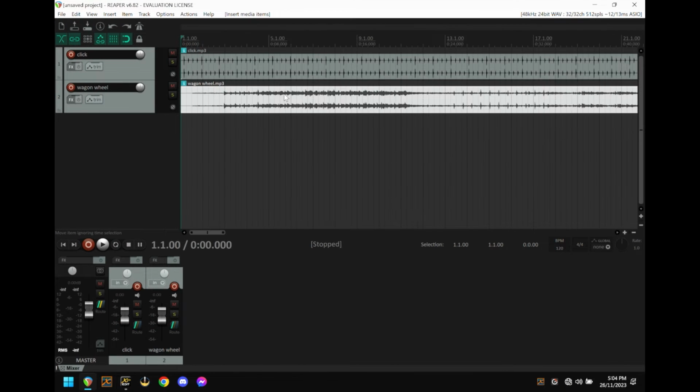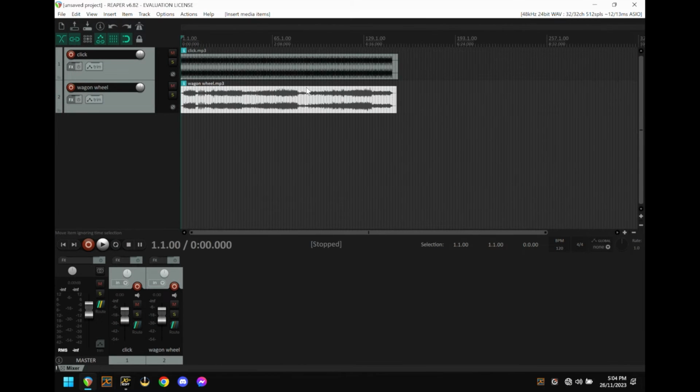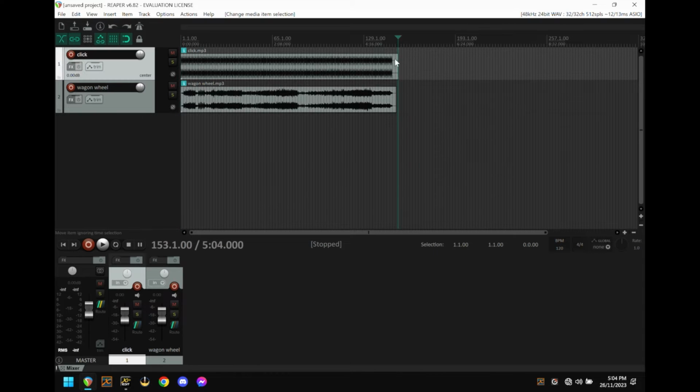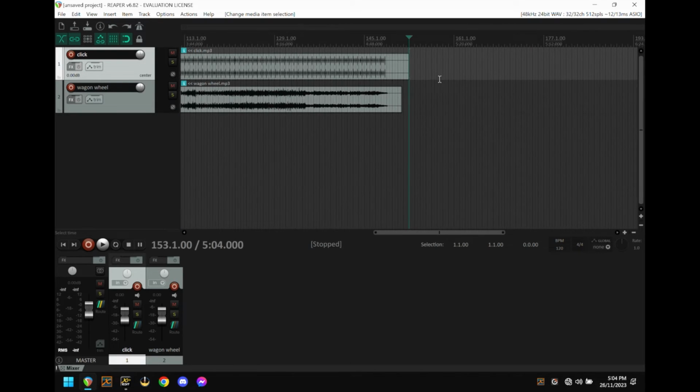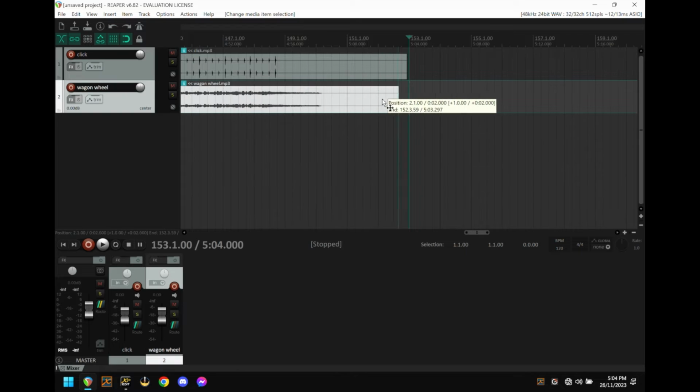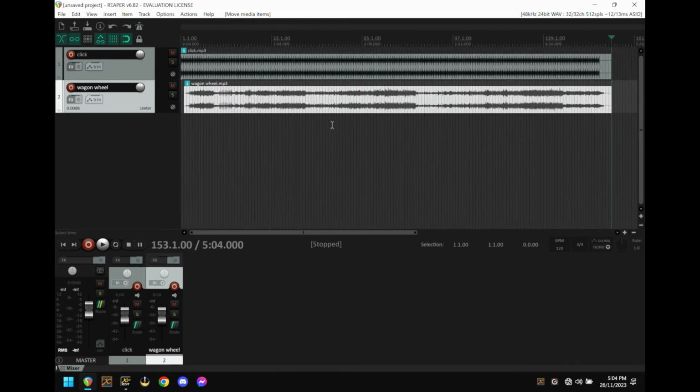I'll just zoom out here. Now, of course, these won't be lined up, but the good thing about downloading these files is that usually they're all the same length, exactly the same length, so it shouldn't be hard to do. Now, of course, the caveat to that was that the click track that we downloaded, if you recall, actually had an extra count in. But the two files should end at the same time. So what I'm going to do now is pull these two files and make sure that they line up. There they go. They do. Now this is moving in a grid fashion, but if you hold down Shift, you're able to move the files freely.